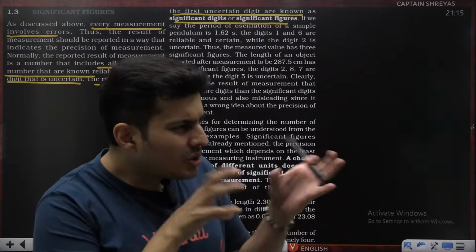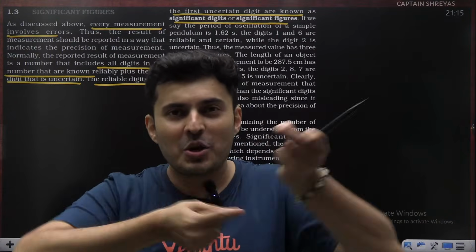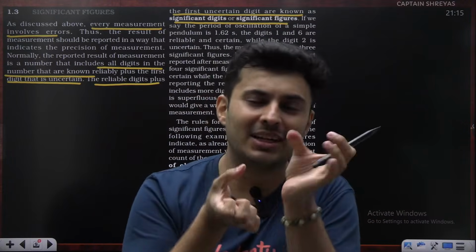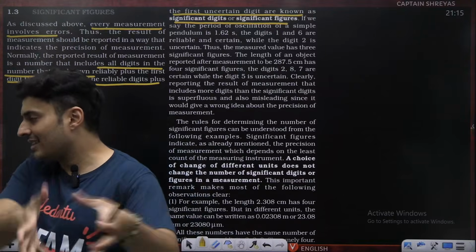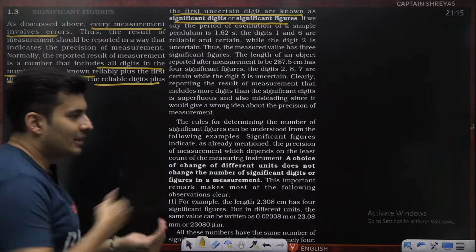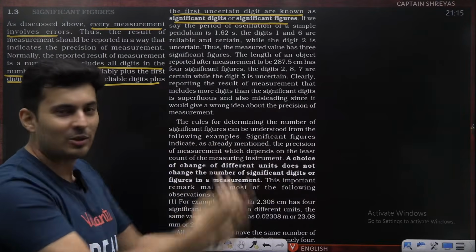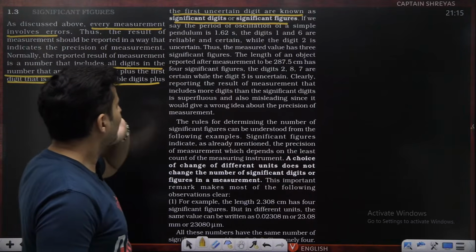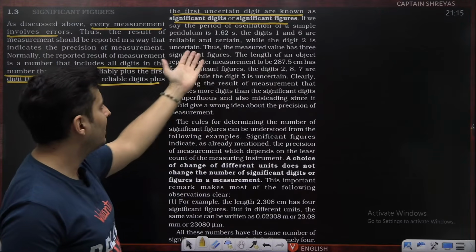Understood, guys? Usually that last decimal might have come by some internal process, by rounding it off or by coming closest to that particular number. That is why it is usually called the uncertain digit, but we still consider it as our significant figure, or else there is no end to it. There will be somebody at the end, right? So that last person is always that unreliable one. Now, they have given the same kind of examples, the length of an object or the time taken, etc.